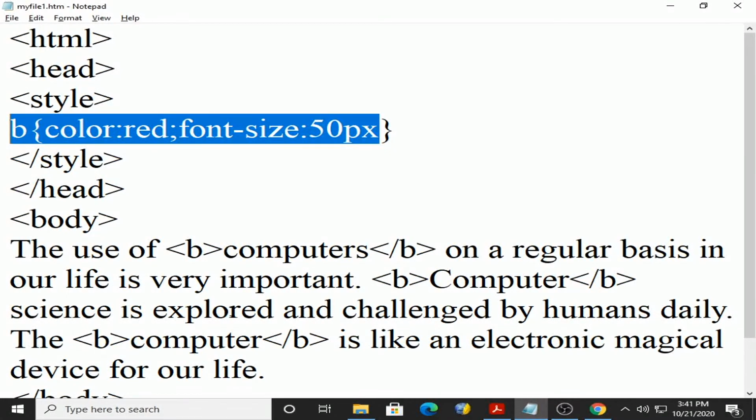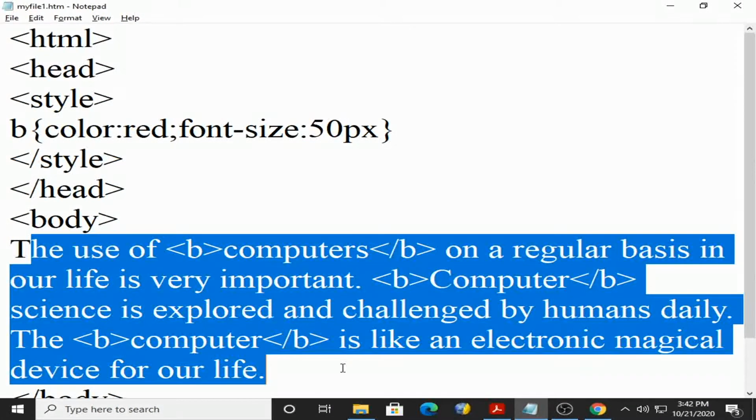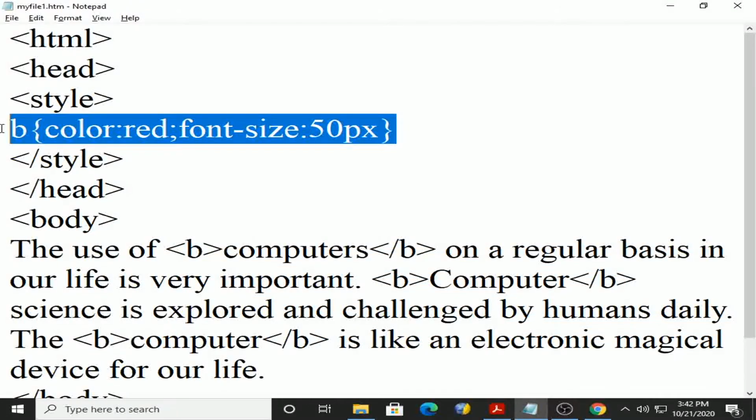So cascading style sheet can be helpful to separate presentation and content. So this is the content and this is the presentation, both are separate.